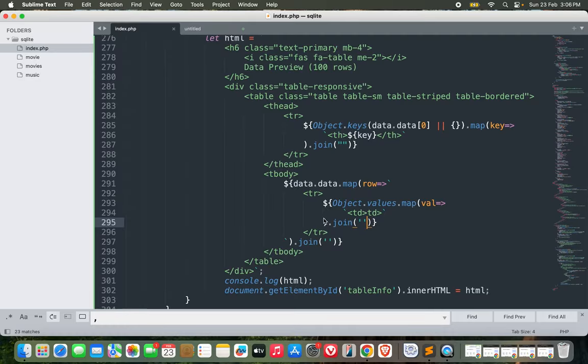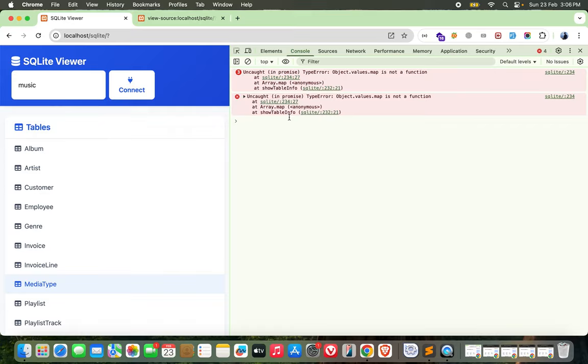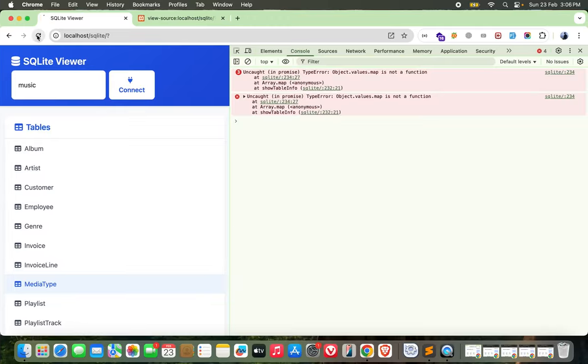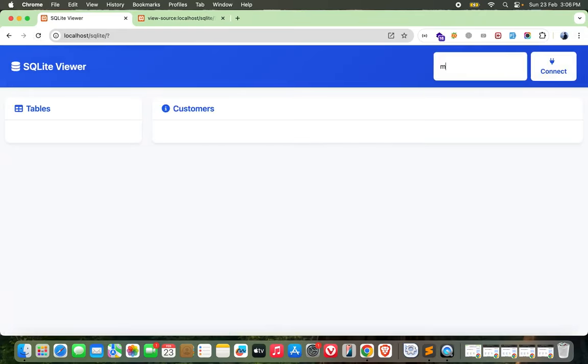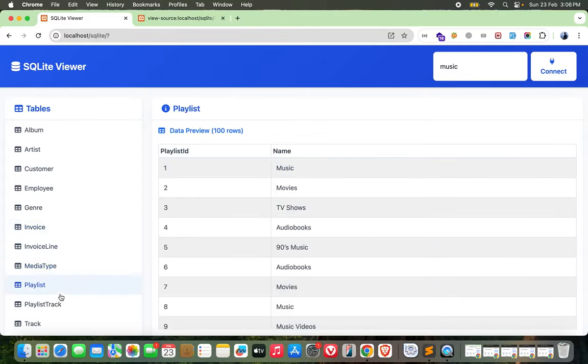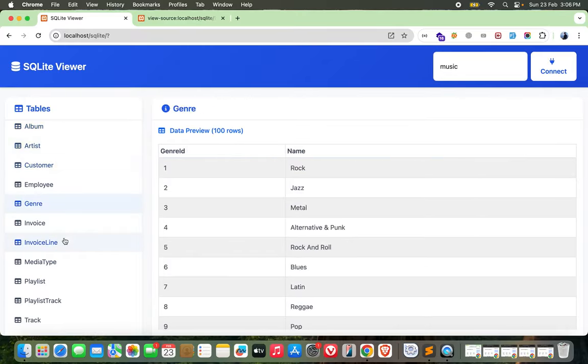Okay, why am I not seeing anything? values.map is not a function. Okay, row and then dollar value. Should be fine now. Perfect. As you can see, I can now access any table to see what is the data, what is the structure